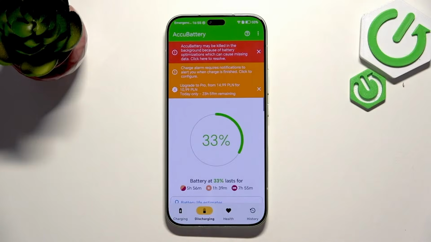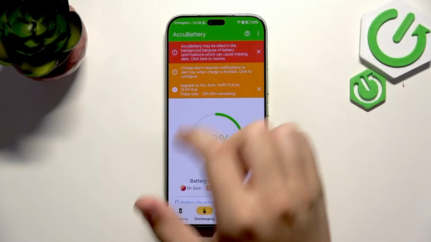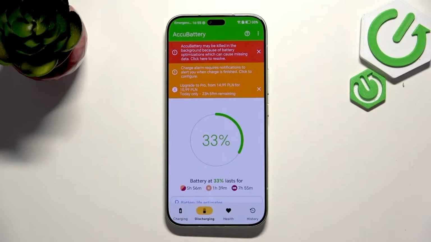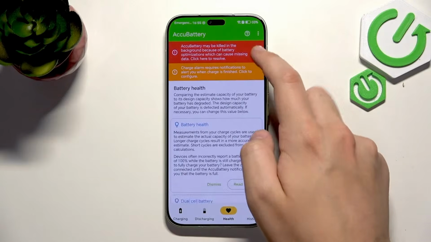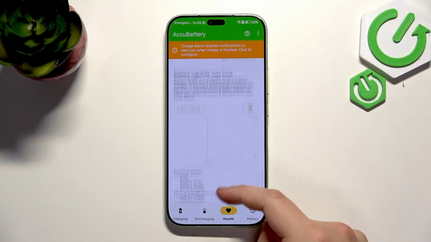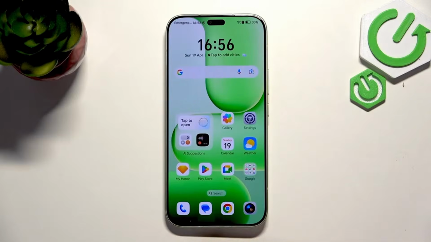Now we're going to click finish, and as you guys can see, the only error we are getting is that AccuBattery may be killed in the background because of the battery optimization. So it's normal. And as you guys can see, we got everything right here. There are no errors with our battery. But if you do have something else in red, then I would simply recommend bringing the phone into the